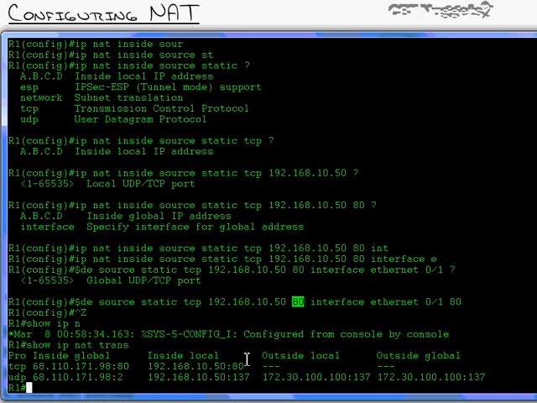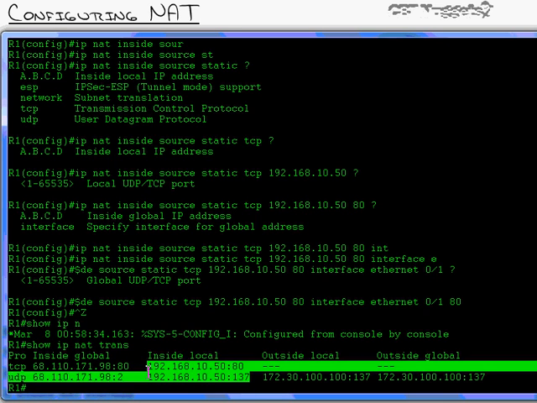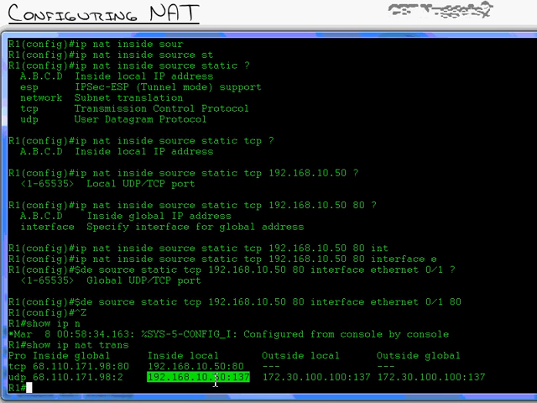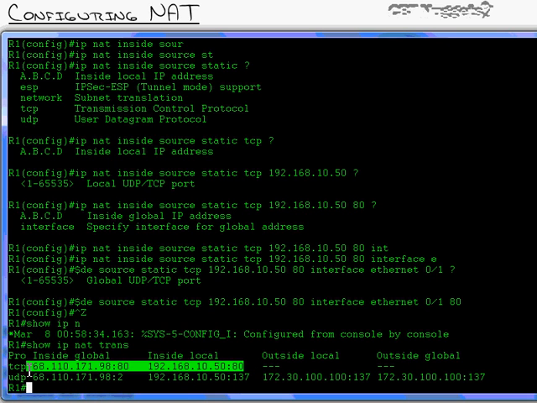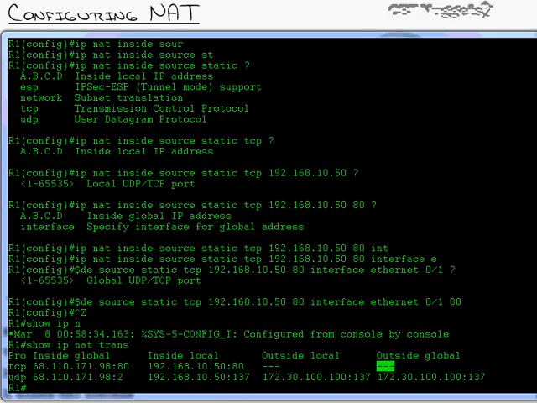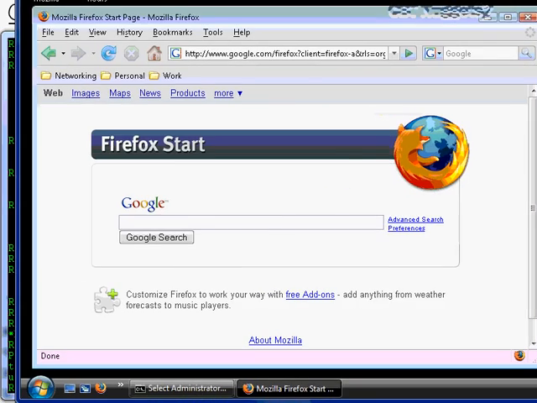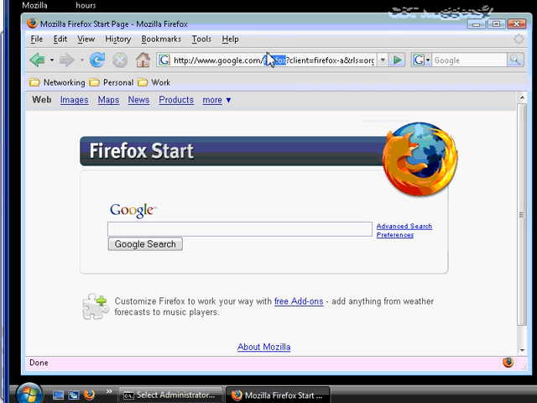I can see that this translation is happening. Oh, it looks like our little host went out and accessed a time server. But we're not going to talk about that. This is my static NAT mapping. I've got HTTP. Nobody's using it as of right now, but the host can still, let's bring my host back to the stage. Our host can still, let's go to